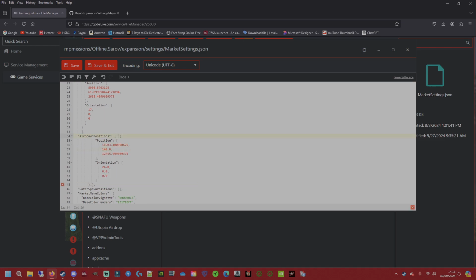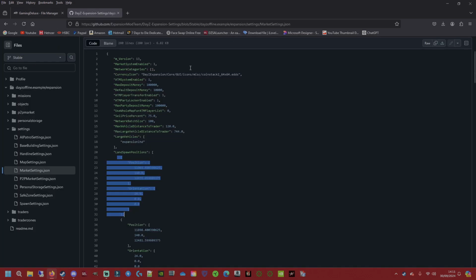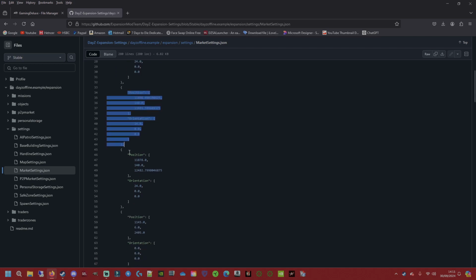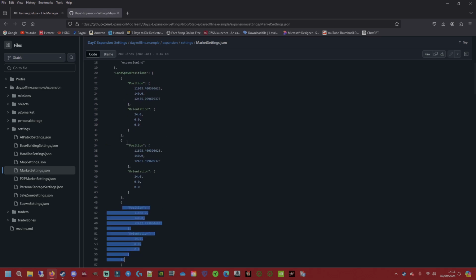And then, like I said, me personally, I like to make everything on a separate line. And also, like I mentioned, the comma at the end of that nipple bracket, you just get rid of it. You only need it if we were to add multiple positions. So if we go back to the wiki, you can see in the land spawn, we've got one position there, a second position there, a third position there, and it goes down and down. There's a few positions, but